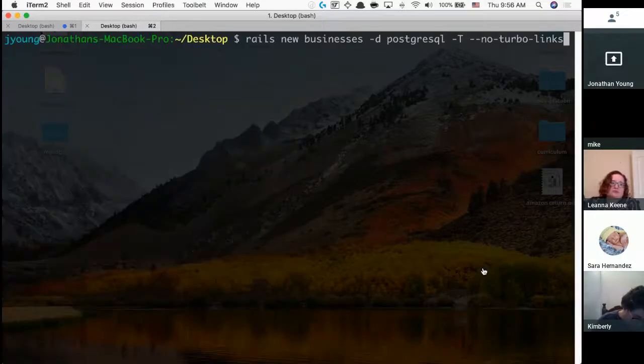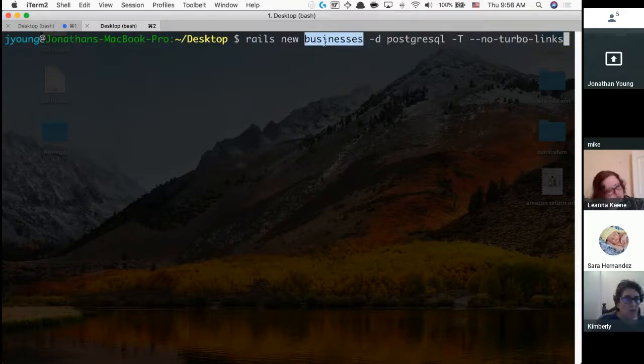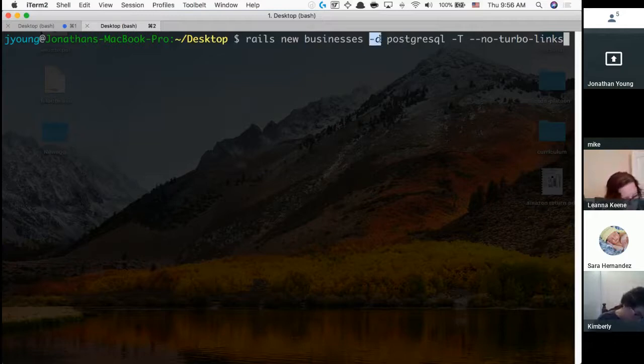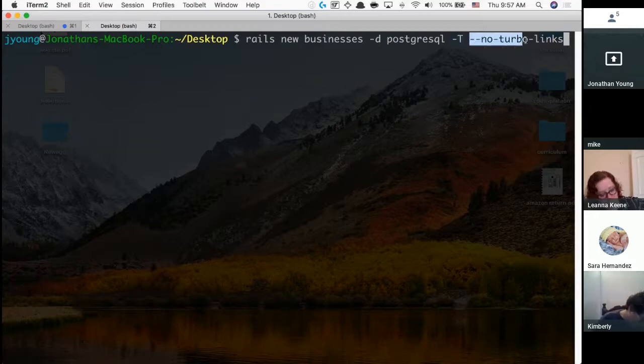All right, so this is the command that we will run most of the time. Rails new, the name of your particular repo. -D is basically saying which database adapter do you want to use? Do you want to use SQLite? Do you want to use MySQL? Do you want to use Postgres? And we're going to default to Postgres since that's the agreed upon hotness of the market right now. -T says I'm turning off all the default test units, and I'm shutting off turbolinks.